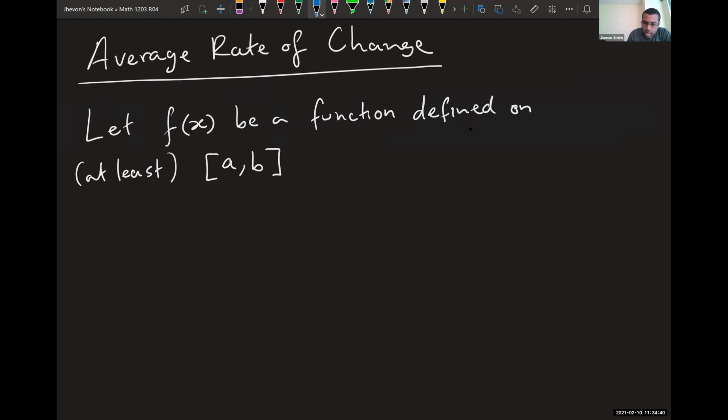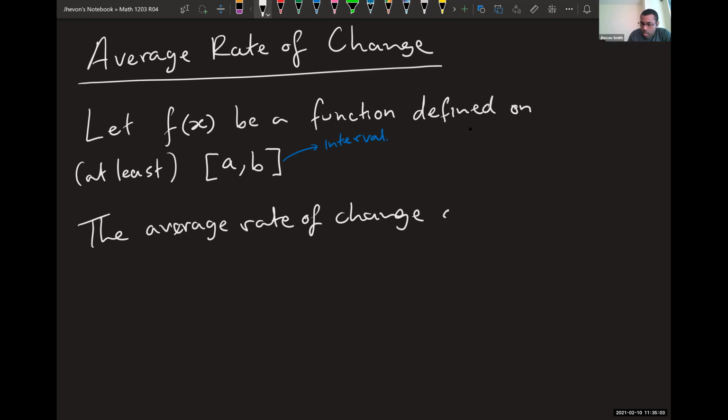Okay, so this is an interval, right? Some range of x values on the x-axis. Interval. The average rate of change of f of x on AB is given by